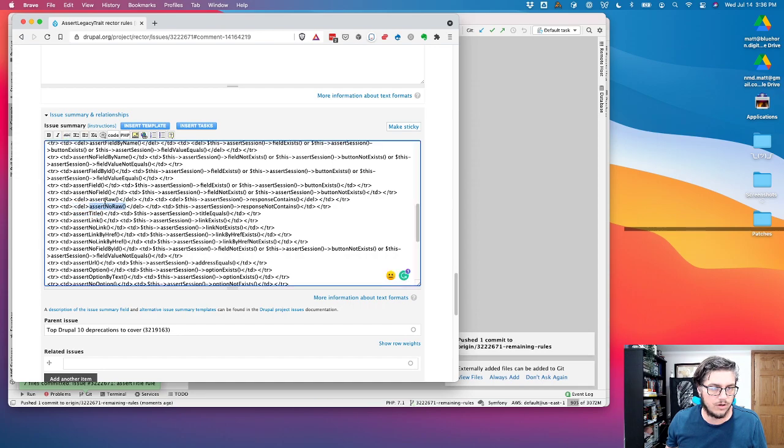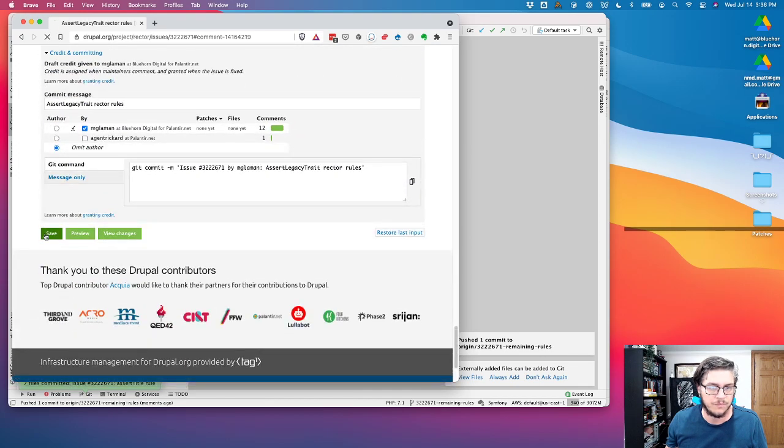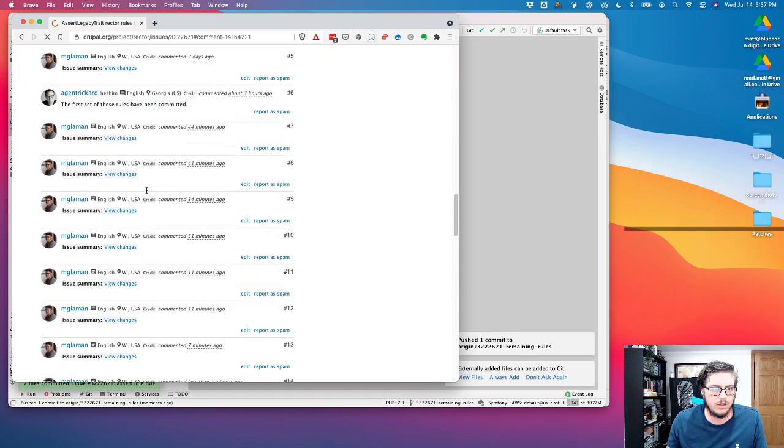So assert raw, done. Assert no raw, done. Assert title, done. Assert no, cut out those details so that way it's easier to go through and see what remains. And the next part will be,